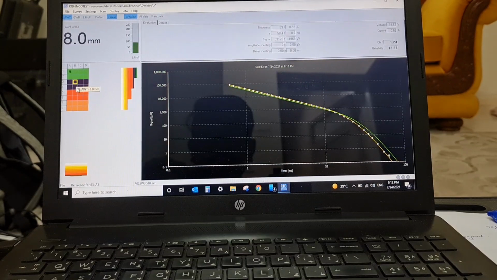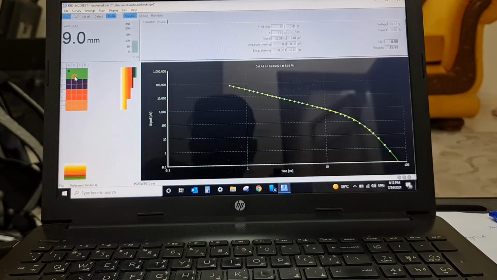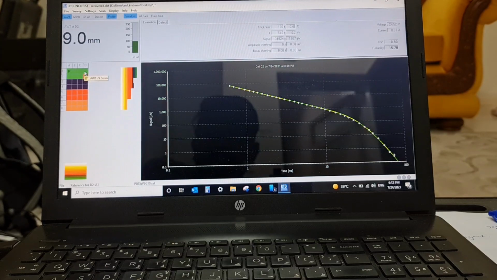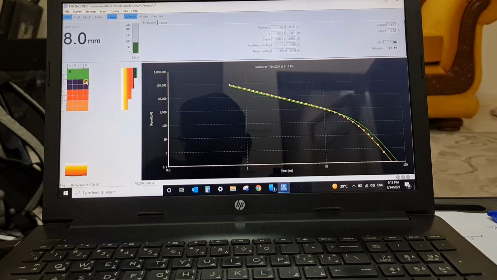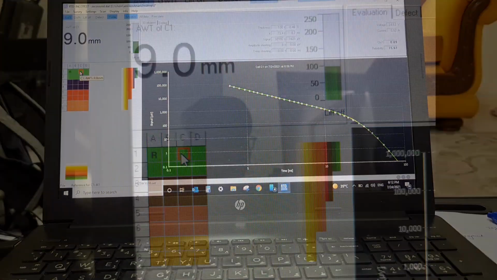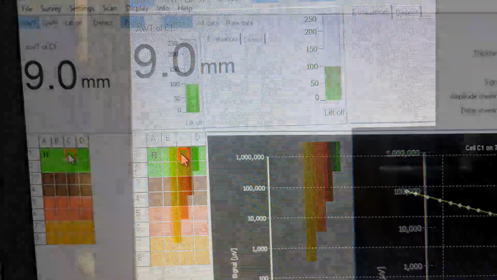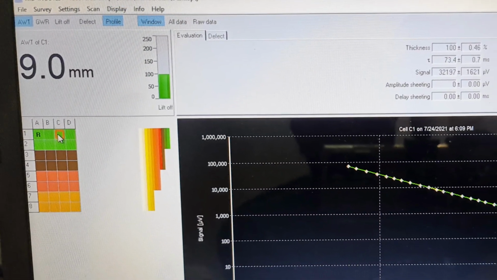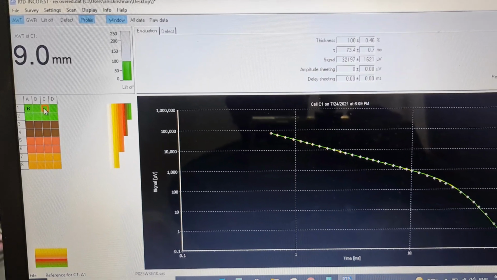Each step, see, this is the 8 mm in the UT reading, and the second step is accurately read as 8 mm, and the first step, which is 9 mm, we already fed to the equipment as 9 mm. And comparatively all other steps are reading very fine. Actually we can see on the screen that the steps are very clear. That means we are getting almost the same reading as the UT, with an accuracy of 0.1 mm, which is fantastic.